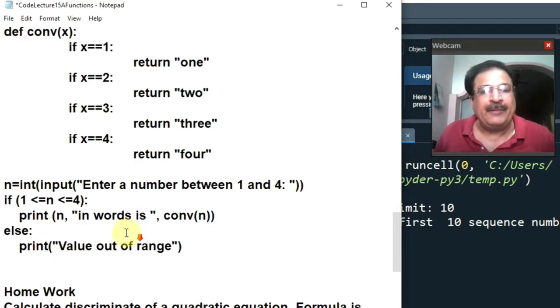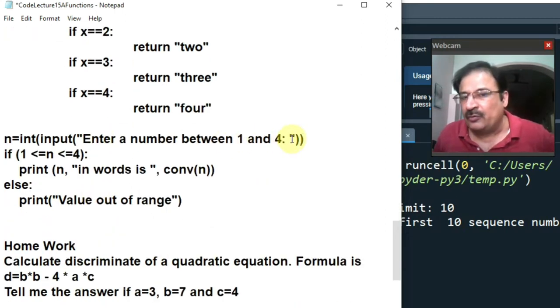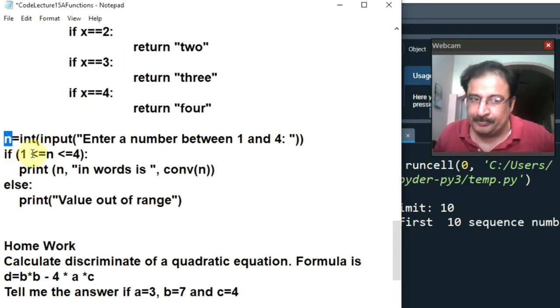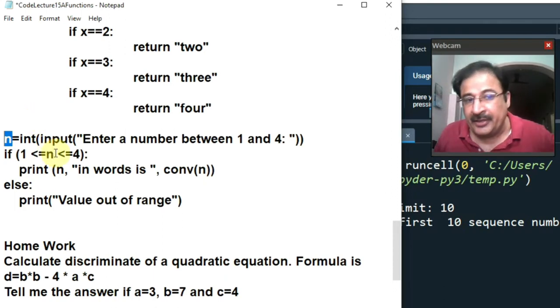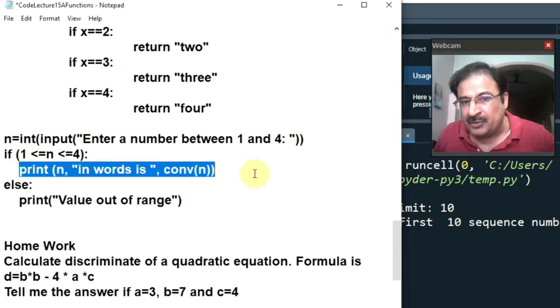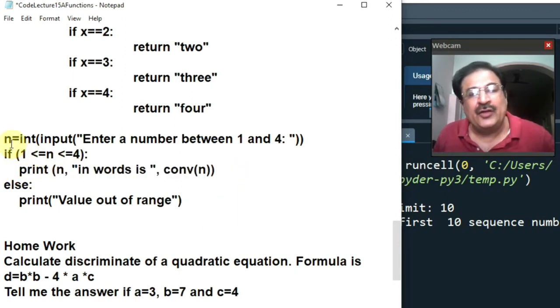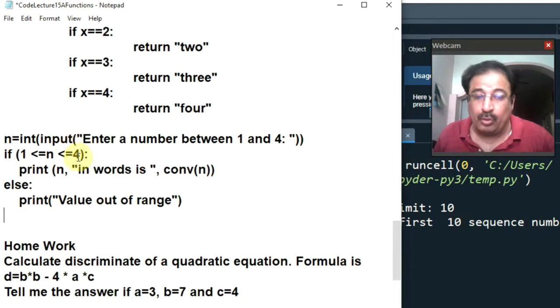Okay. So what is happening? You are asking the user to enter the value between 1 and 4. That value will be converted into an integer and assigned to the variable n. This is the AND operator. Recall from the earlier lectures we learned the 3 logical operators AND, OR and NOT. This is a hidden AND operator here. Both the logical expressions should be true to make this if statement true, right? It is checking the value of n. Suppose I have entered 2 in n. Is 2 more than 1? Yes. Is 2 less than 4? Yes. Both the expressions are true, so it will go here and display 2 in words is,